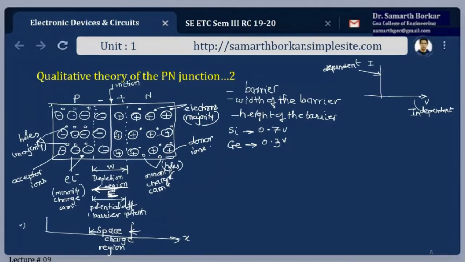If I interchange the two, if I take I here and V here, the plot will be different. But then what is the meaning of it? In that case, the voltage is a function of I, meaning the voltage will depend upon the current passing through it. So the independent element is always plotted in the x direction. What it means is the current passing through the diode will depend upon the voltage we are applying across the two terminals of the diode.